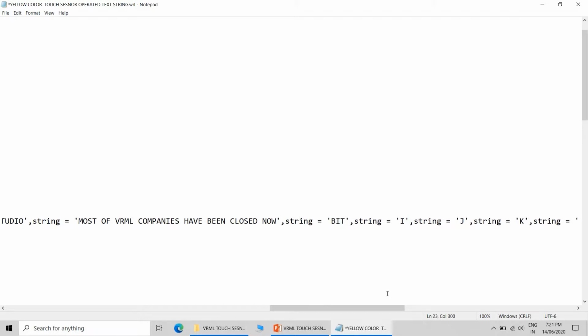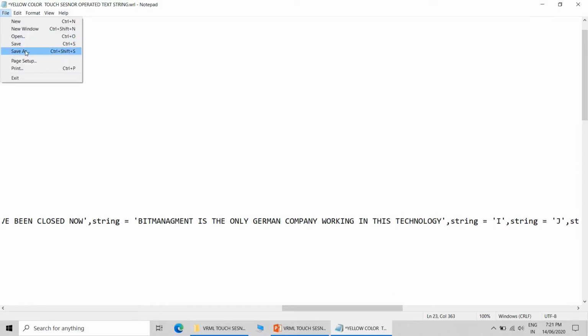We have to rely on software like Vivity Studio. There are other web 3D editors like Vivity Studio. There is another web 3D authoring tool, like BS Content Studio by Bit Management.